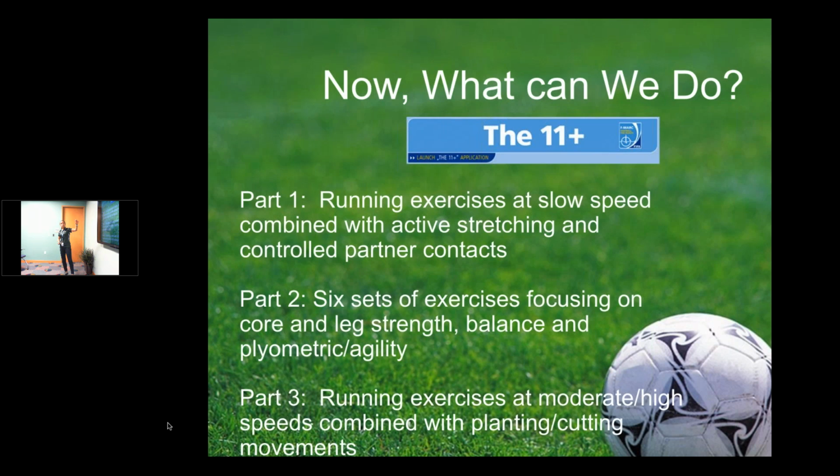It starts off with some running exercises, and then it goes into strengthening exercises. And did you guys all get a handout for it? And then as part of that, balance is in there, and then plyometrics and agilities. And then we end with the running exercises, which we're not doing here. But this, you're going to go slow, sort of medium effort, and then here you're almost at full speed with the training. ACL injuries happen at usually that full speed motion. They don't happen when you're doing these nice, slow, controlled motions. So you have to train similar to the sport, so that we add in that higher effort there.